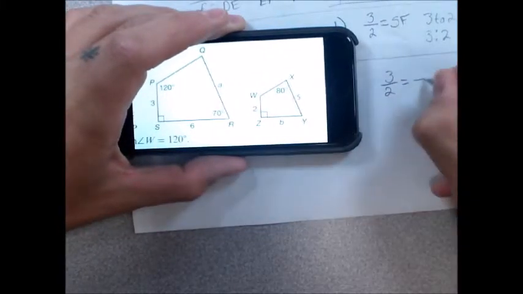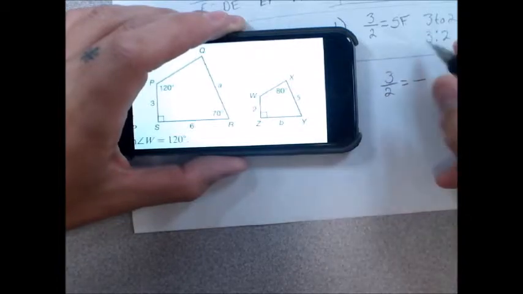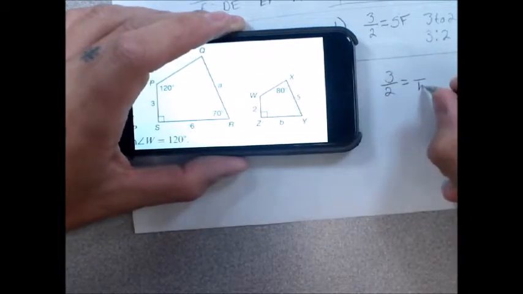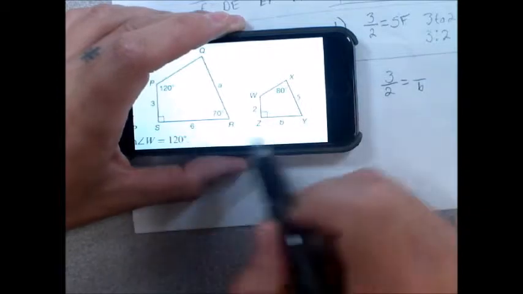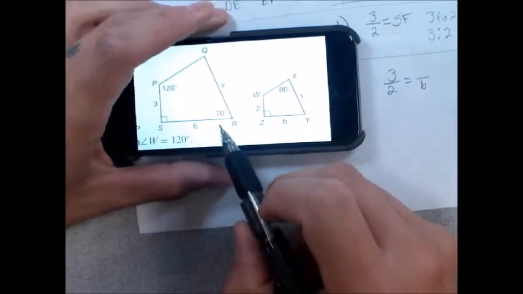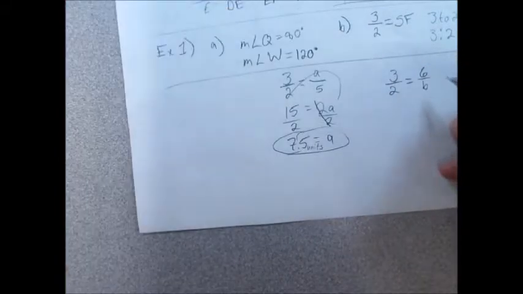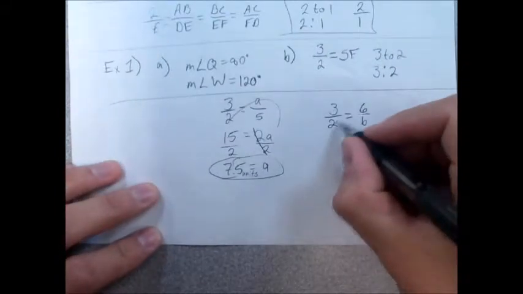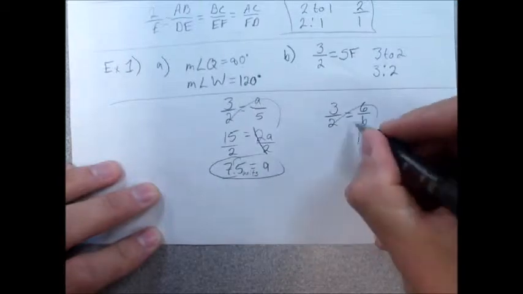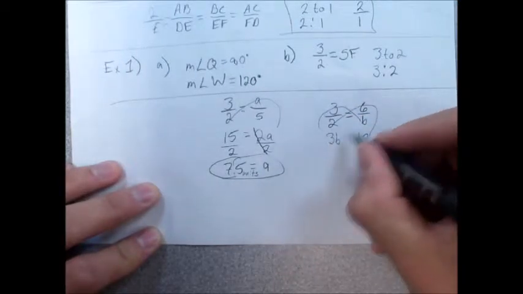Okay, so I know I'm going to have a factor. It's big to small. So b is the small, so I'm going to put it on bottom. And then that corresponding side is SR. So I'm going to take SR, which is equal to 6, put it on top, and go ahead and find my cross product. So I get 12, I get 3b, just drop down that equal sign,